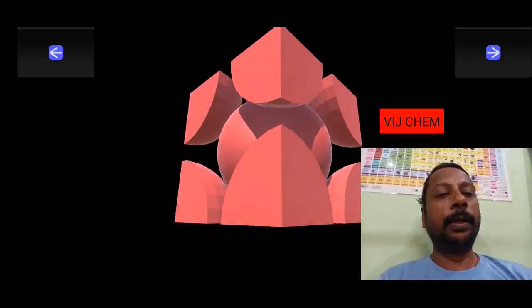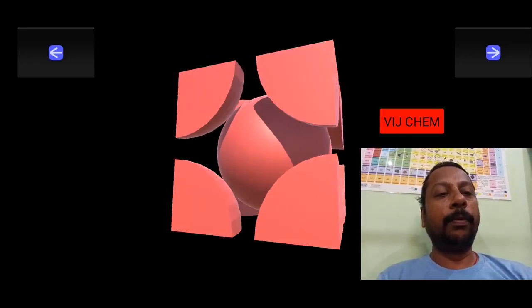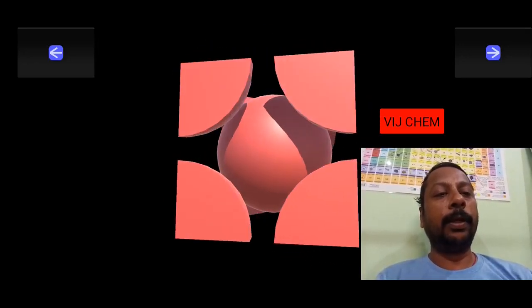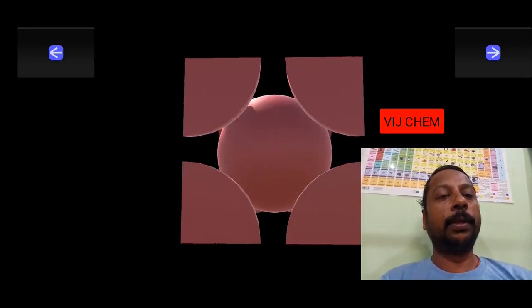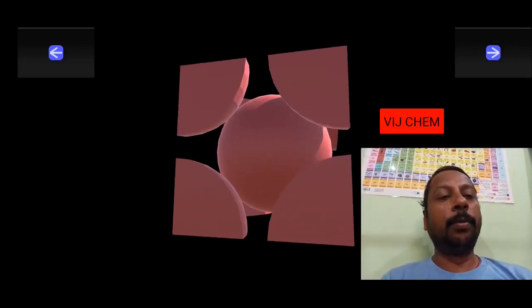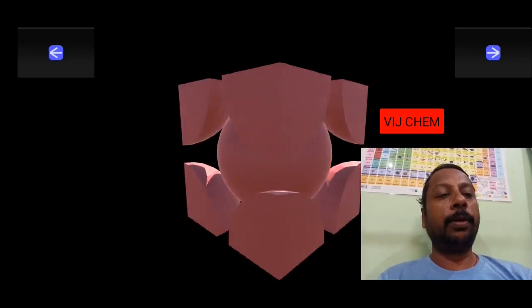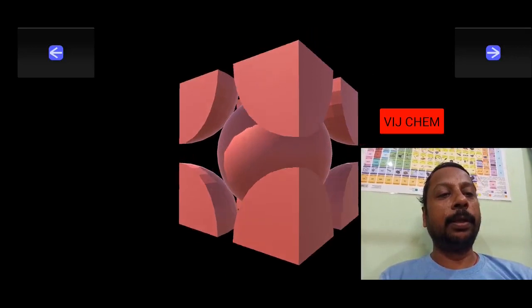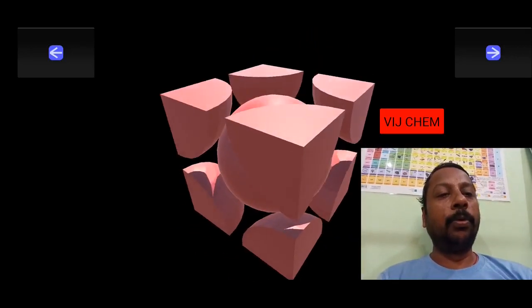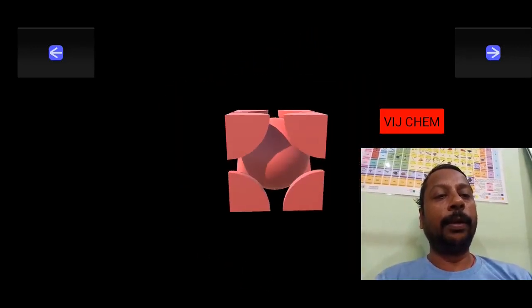So the body center contribution, we will call it a contribution, is 1. But for corners, only 1/8 portions are inside the cube. Nothing happened to the body center. It is protected by 8 corners. This information also I am going to use in the derivations.